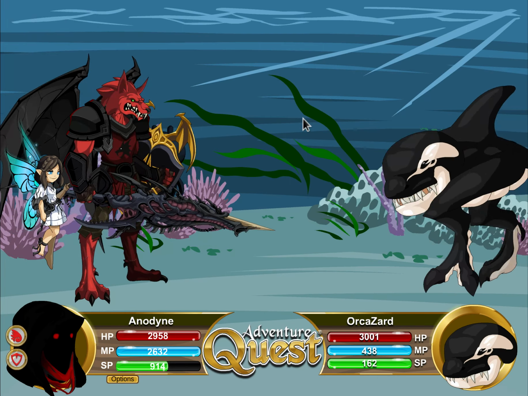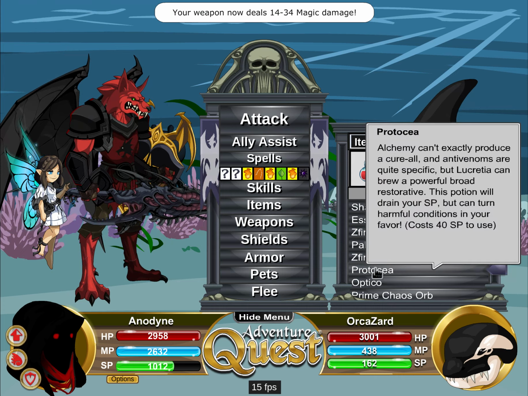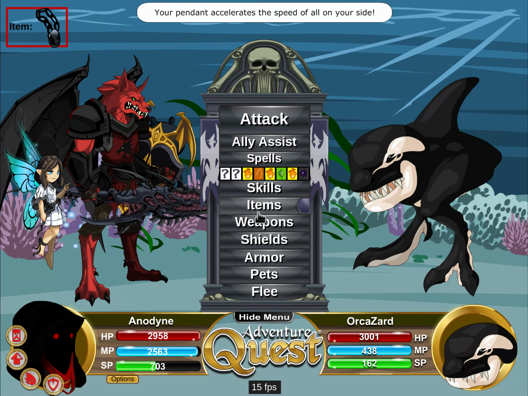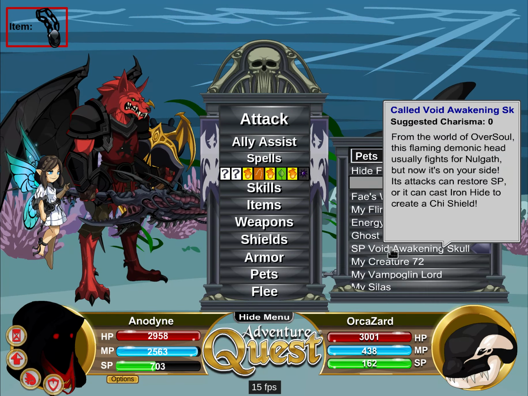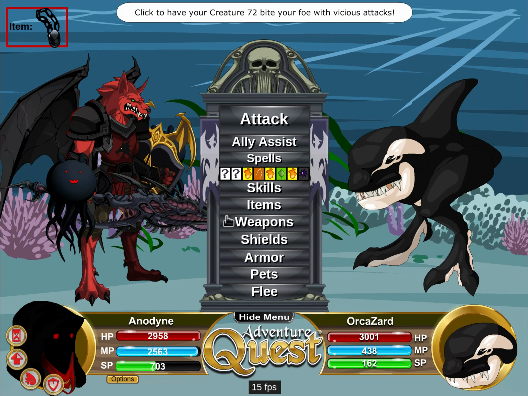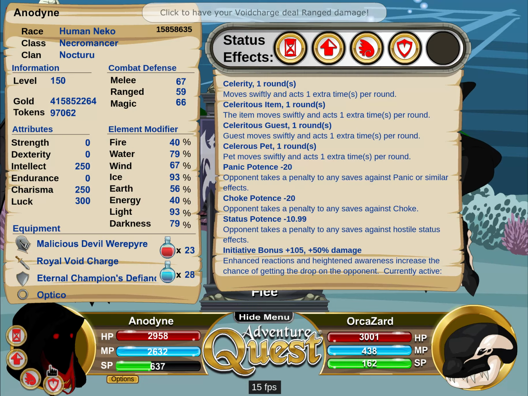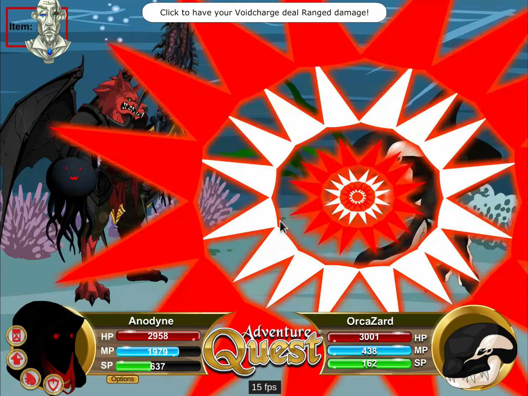You can do things like, let's see. Let's do this, if you wanted to in the beginning, which it's not necessary. So what I'm going to do is I got 2 Creature 72s. And then I've got a Celerity, right? So I'm going to actually